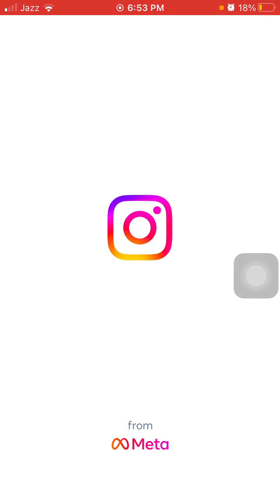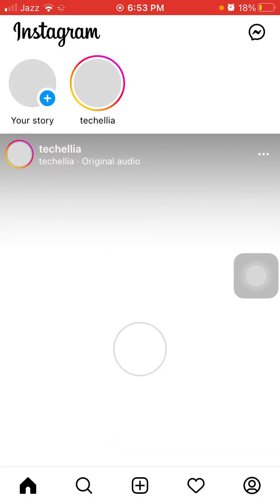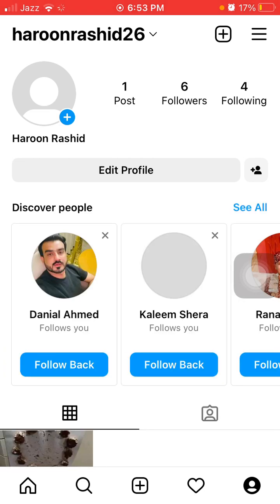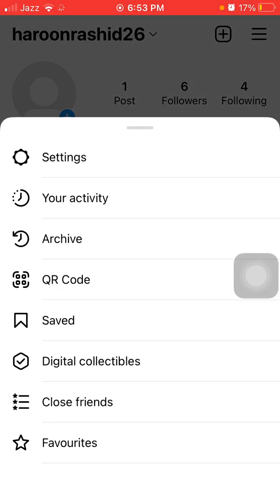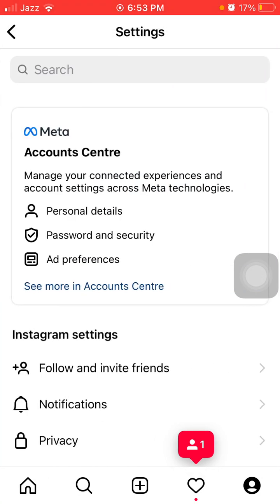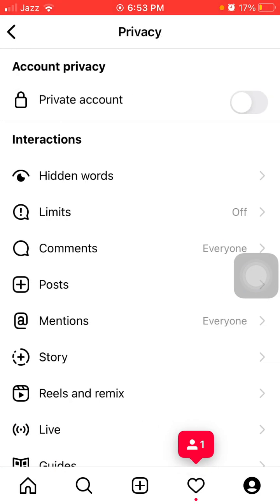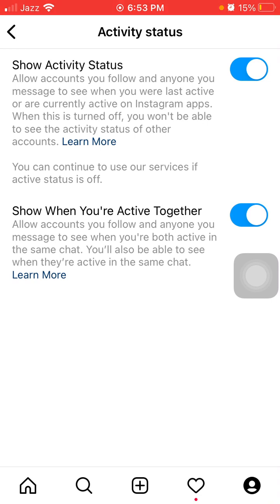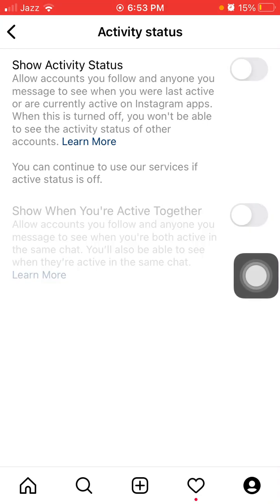Tap on profile icon. Here we have to tap on three horizontal lines in top right corner. Then tap settings. Here we have to tap on privacy and tap on activity status. Now we have to turn off activity status and force close all the apps that are running in the background